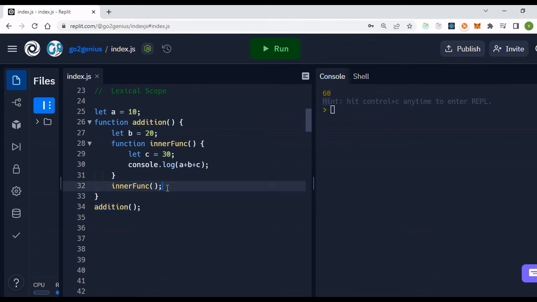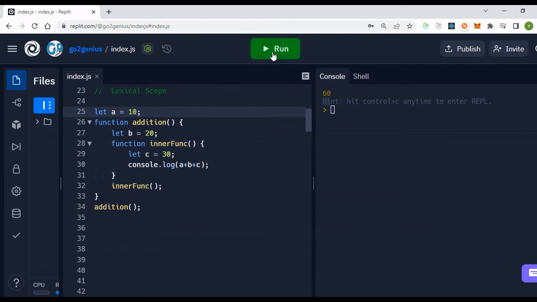It will execute this inner function, and this function will try to print the sum of a plus b plus c. Since c is defined inside this inner function, it will take the value of c from the inner scope, the value of b from the outer scope, and the value of a from the most outer scope, that is the global scope here.